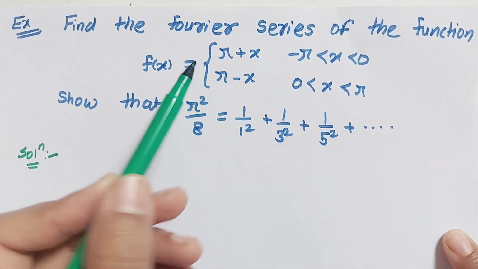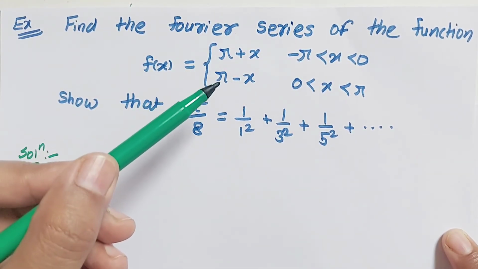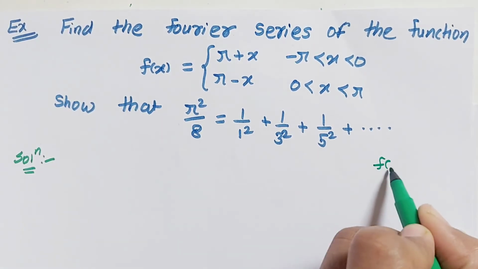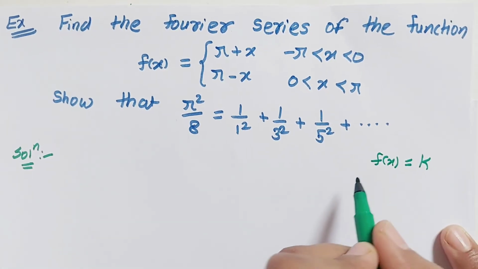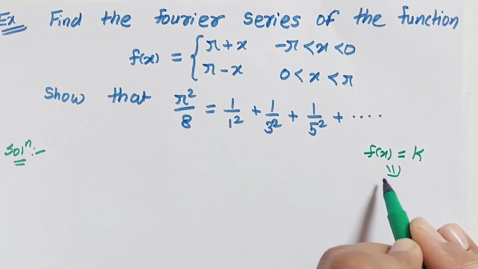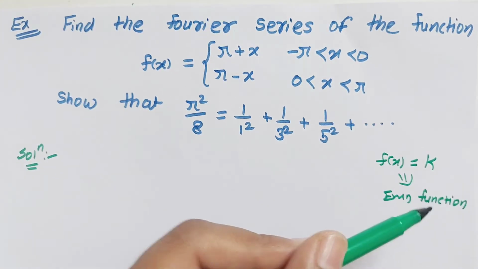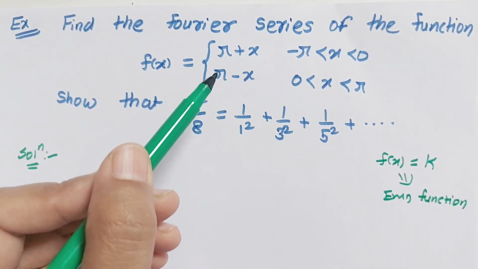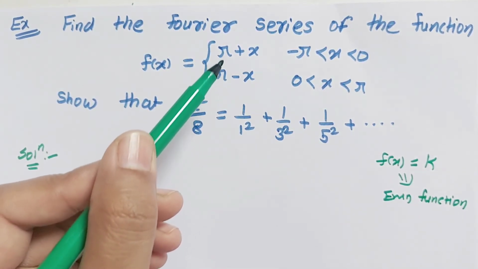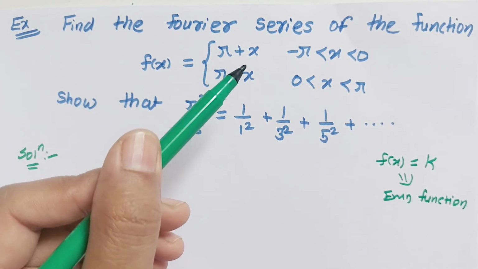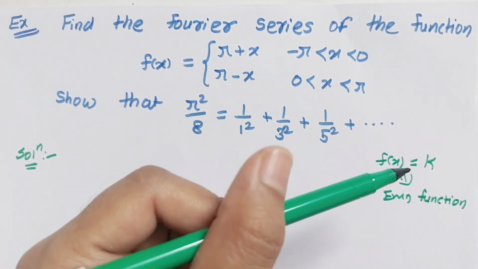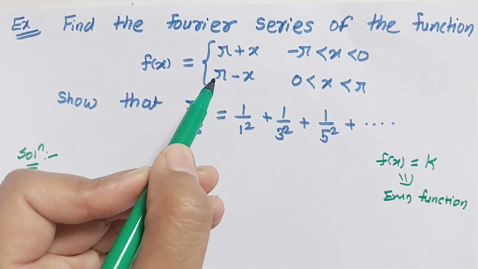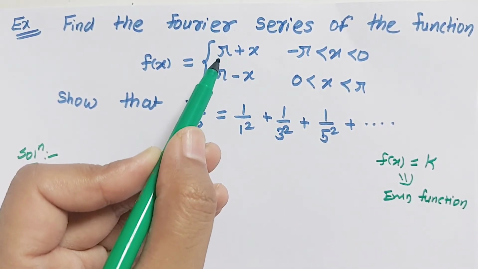So here firstly, if we observe this pi, then pi is a constant. If f of x we can write simply k, then it is a constant function, and a constant is always an even function. And here in the interval minus pi to 0, this pi is not changed. Here in the function, at both places this pi is as it is, and throughout the interval if pi is there, that means it is a constant, so it is even. So the first part of the addition is even. So the first term is even.